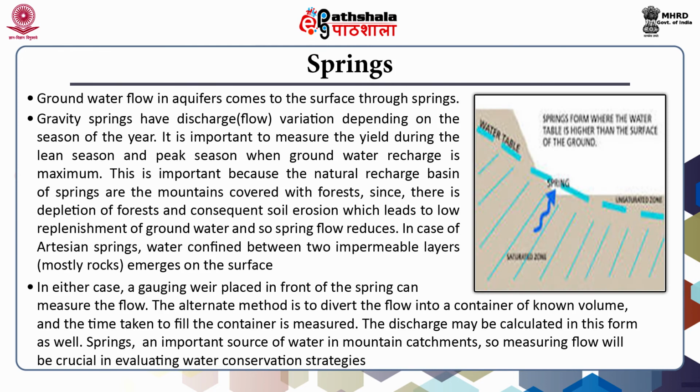Now as far as the springs are concerned, what we see here is that a spring is an extremely important water source in the mountains. The real source of water in the case of a spring is also the groundwater. So, the groundwater comes onto the surface as springs. Here it is extremely important to understand that springs do not have too high a discharge. Though they come in the category of open flow, it is groundwater which is coming out to the surface because of an opening which is there